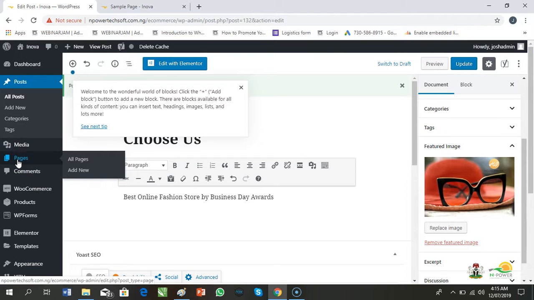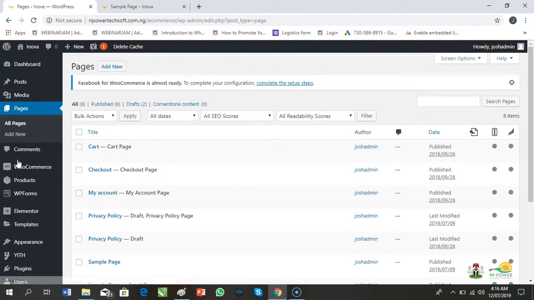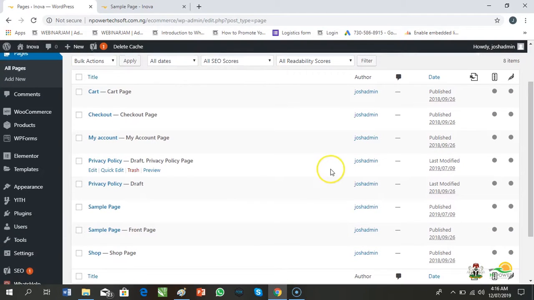So let's go to pages. For pages, I want you to refresh your memory on what you have read already from the manual. Okay, so for a standard e-commerce website, you have pages like this. You have to have the cart page, you need to have the checkout page. This checkout page is brought in by the WooCommerce plugin that was imported. The privacy policy page was brought in by WooCommerce.